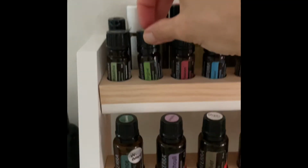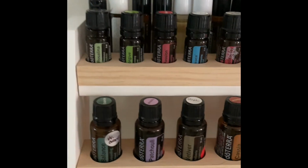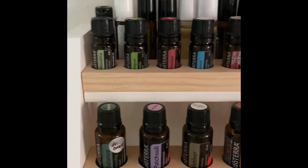Then a Rosalina, which is a limited time oil. You can't get them. It's kind of like tea tree, but not. And I have a couple of the